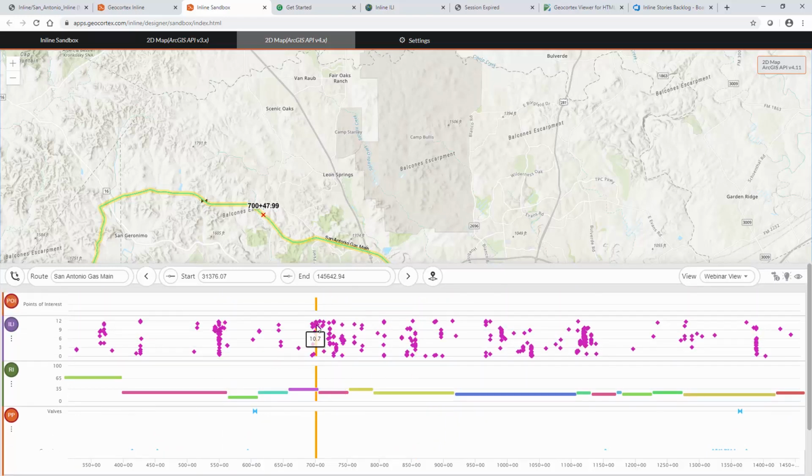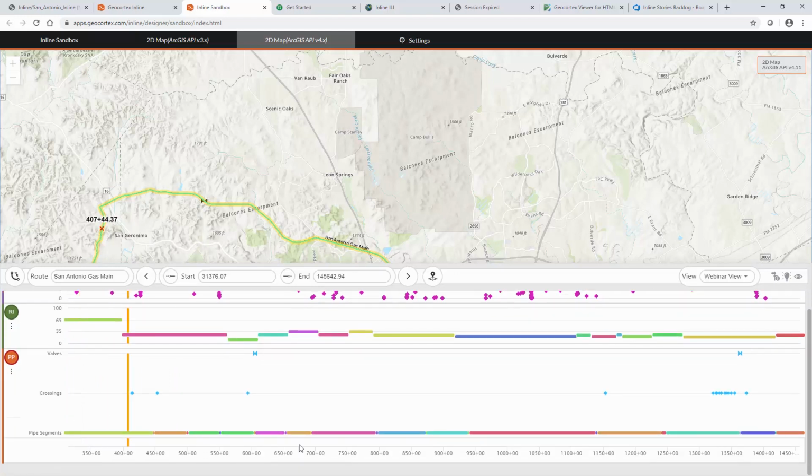So we have our ILI data, nothing fancy, not symbolized, no conditional symbology or anything like that as we had in some of our other templates or views. And here we can see we've got tooltips for our risk data sorted as 0 to 100. Of course, our ILI data is ordered from 0 to 12 depending on the o'clock position. Here we've got valves, we've got our pipe crossings, and we have our pipe segments down at the bottom with